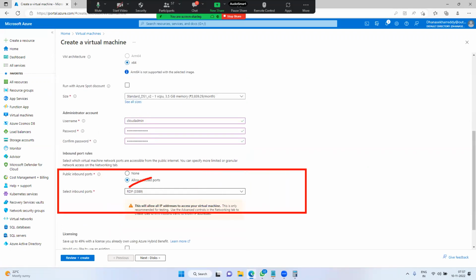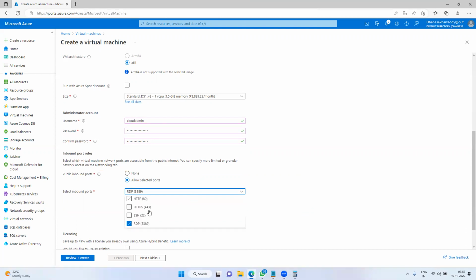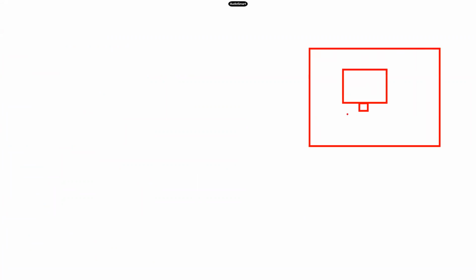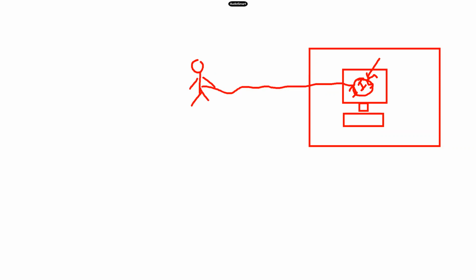These are the ports, as I said. RDP is 3389. Now expand it. I need HTTP. Why HTTP? For example, you have deployed one VM, and after creating it you would like to host one .NET application. First we will install the IIS web server. Once you install IIS and host the application on top of it, to access it from outside the world, we have to enable port number 80, that we call HTTP.